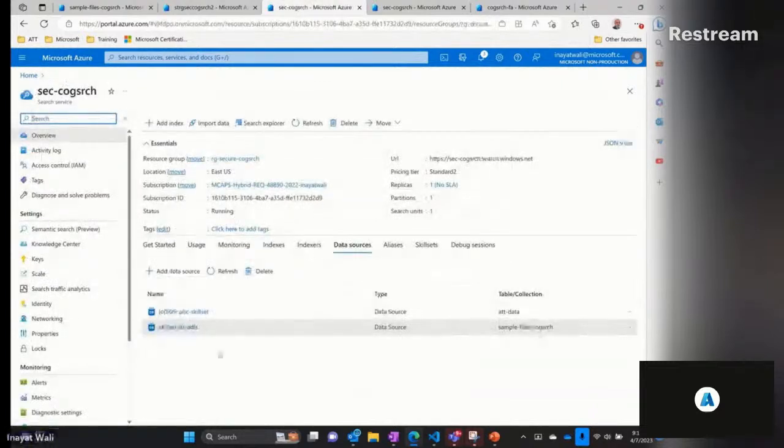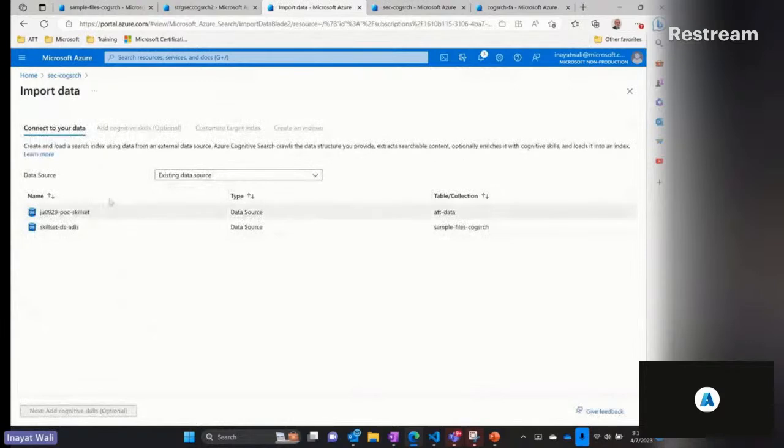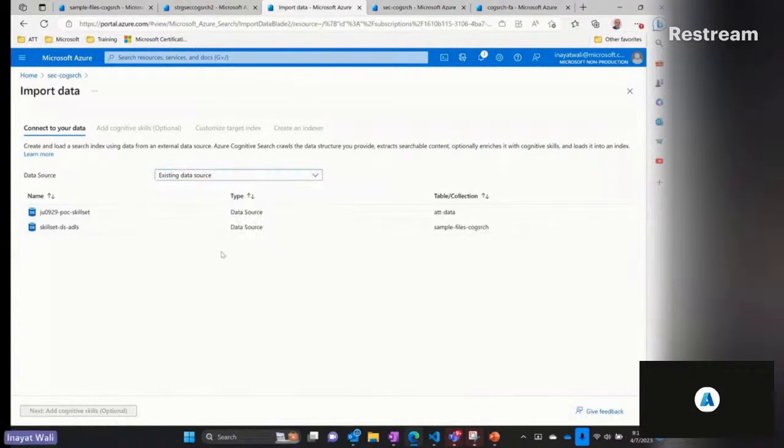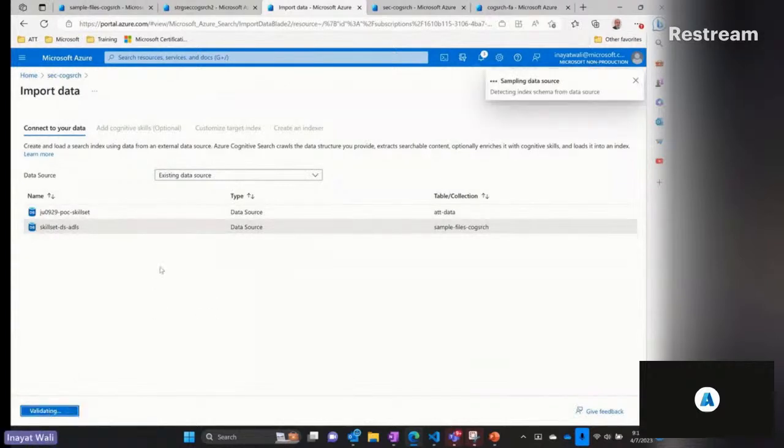Pretty straightforward. The other thing you could do is use the import data, and then basically it can also create the data source for you. So let's go with that. Let's try to import the data. In my case, I'm using the existing one, or you can also create a new one from here. It will also create the data source from here as well. So in my case, I already have ADLS. I'll pick this one. Next, you are now asked to add a skill set,